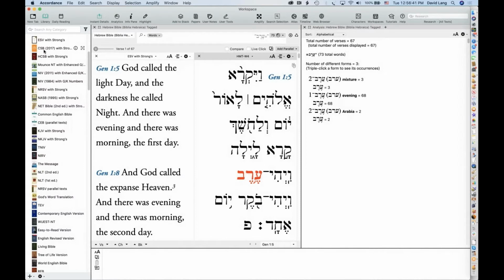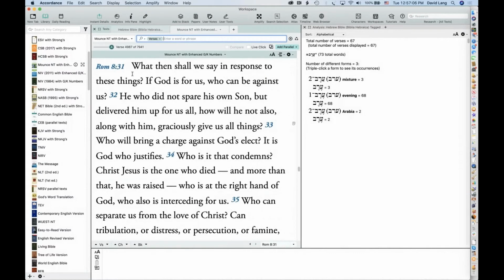And then we have the CSB with Strongs. The HCSB with Strongs, I don't know that we still sell that because now it's been replaced by the CSB. We have the Mounce New Testament with enhanced Strong's. So that's for the New Testament with Greek. And when you see enhanced GK numbers, let me go ahead and open that up just to show you what that is.